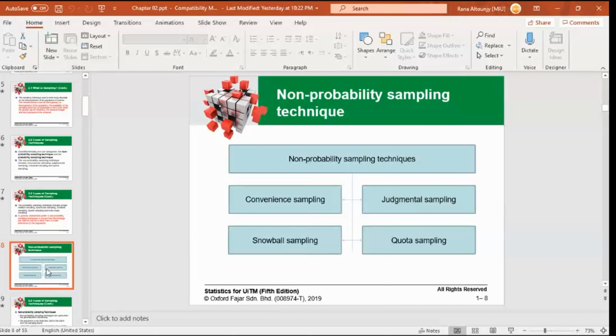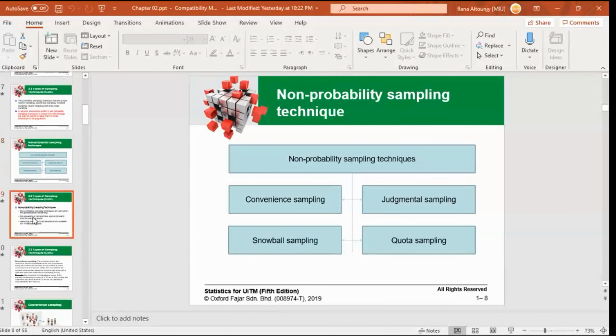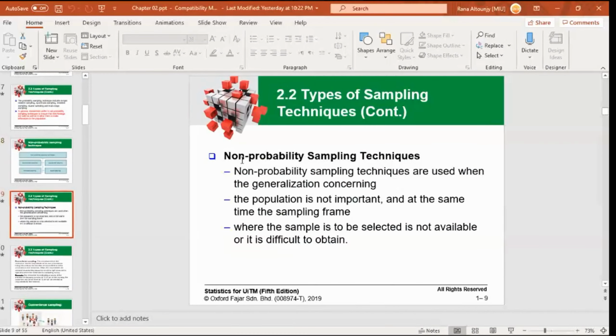We said that we have two main categories, the non-probability sampling techniques and the probability sampling techniques. For the non-probability sampling techniques, we have four types. We have convenience sampling, judgmental sampling, snowball sampling, and quota sampling. So let's go with convenience sampling. So the non-probability, what are